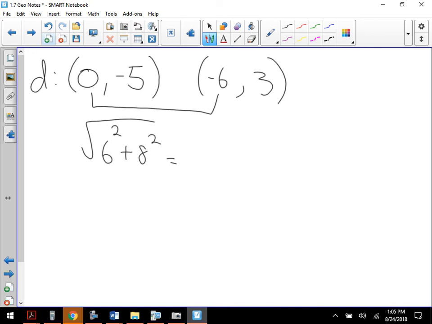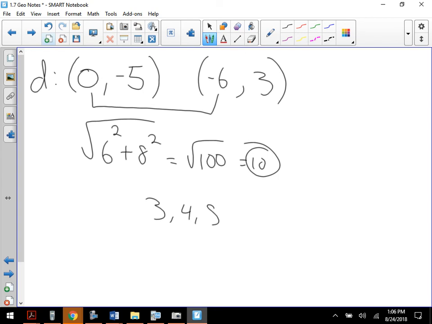6 squared is? 8 squared is? Square root of 100 is? There's distance. Now, this, I've shown this one to the other guys as well. This one is what we call a Pythagorean triple. We talk about this later on. Pythagorean triples,